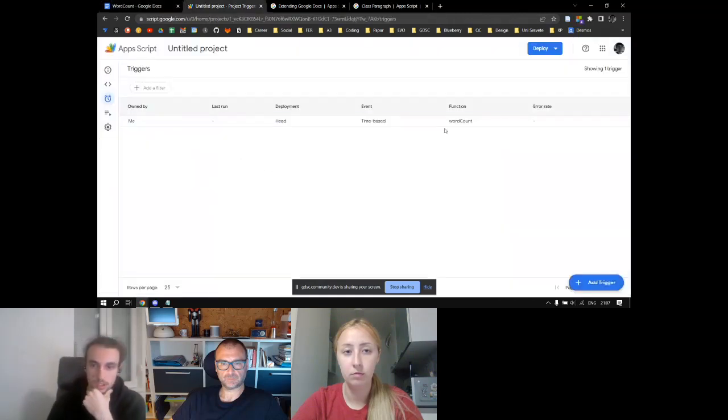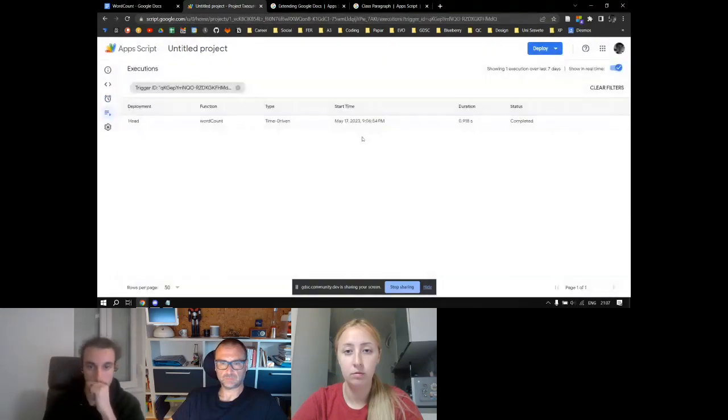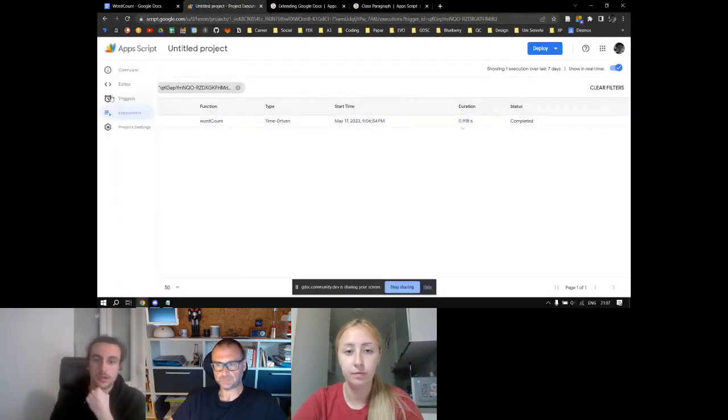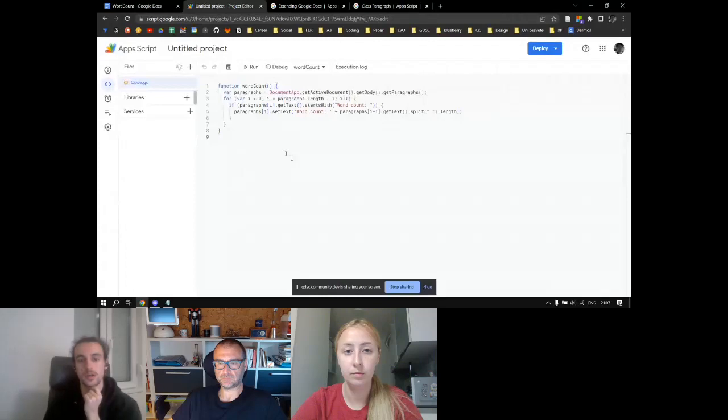You can see for every trigger when it actually triggered and how long it took to process the function. But yeah, this is the general idea of the process of how to connect an app script to a specific document.